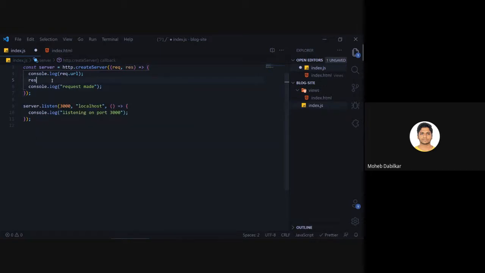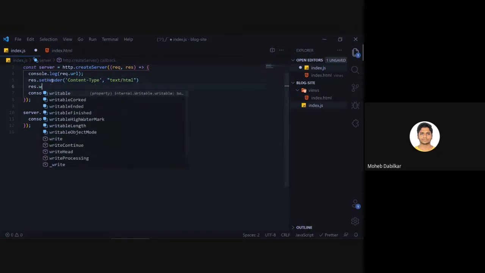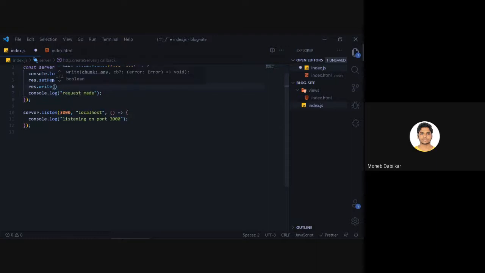So we'll say this dot set header. Now I did not show it to you, but while we were using this, we had our header object, and inside there we had multiple stuff like authentication and all that. So we'll say over here content type, and then over here we will say text slash html, right? Now we can say response dot write, and then in our brackets obviously h1 hello world, and let's just close our h1 tag.